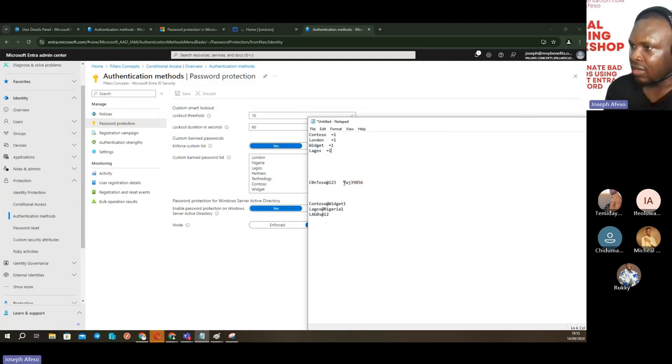So here, for example, this B is going to be counted as 1, but the whole of Contoso is going to be counted as 1. This will now explain that statement that says you can combine the words inside of your banned password list and still be able to pass, still be able to sign in. Because the points required for a password to be complex is 5 points. So if I bring Contoso, which is 1, I put it here,